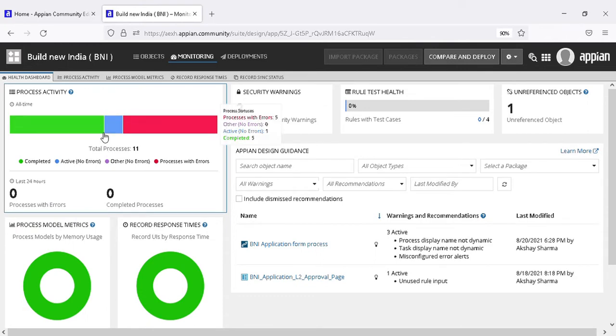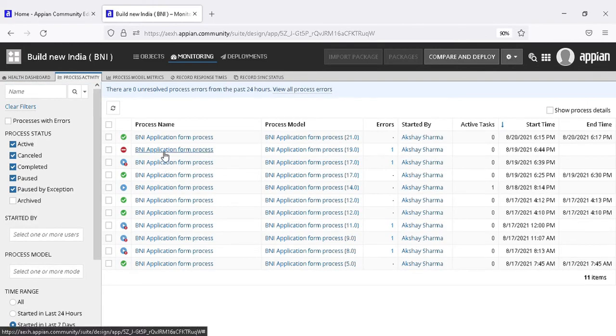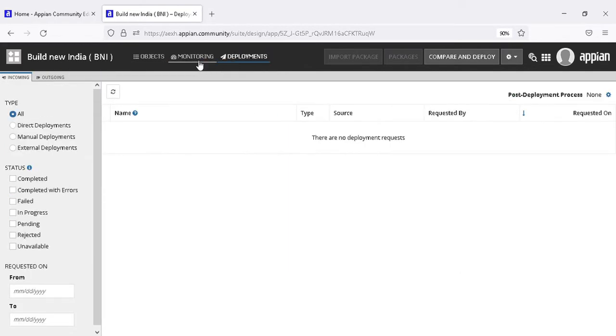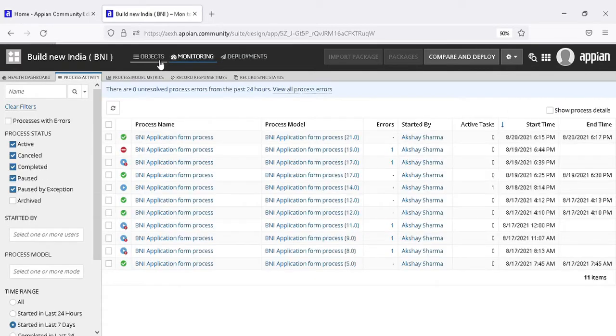When you click on this, we can see the processes which are running, and this is the last process which got completed on 20. Okay, so this third option is for deployments. So let's come back to the objects first.